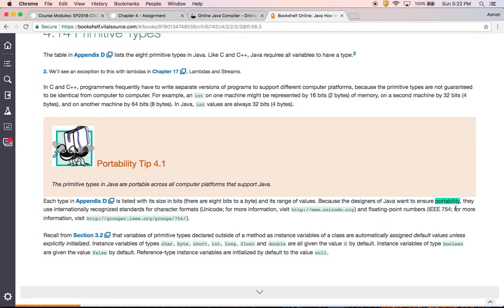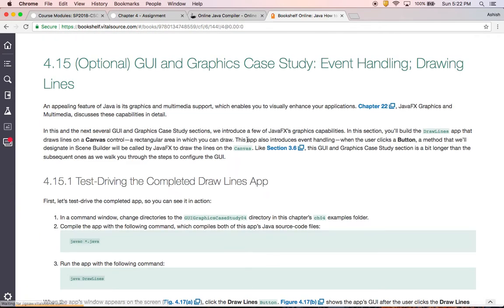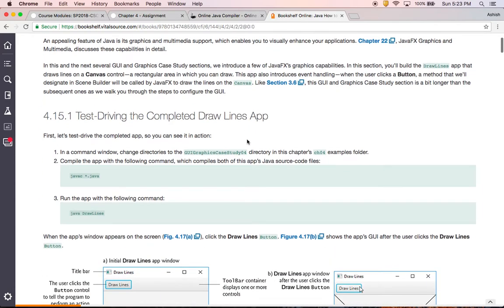And when we are declaring these variables, the default value that is given to all of them is 0 for char, byte, short, int, long, float, and double. Instance variables of type boolean are always given a value false, and any reference variable that you have is always given a value null. I'm going to skip over the GUI portion because my intent with this particular semester,